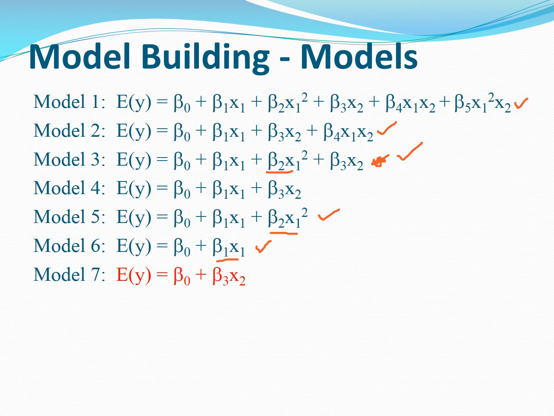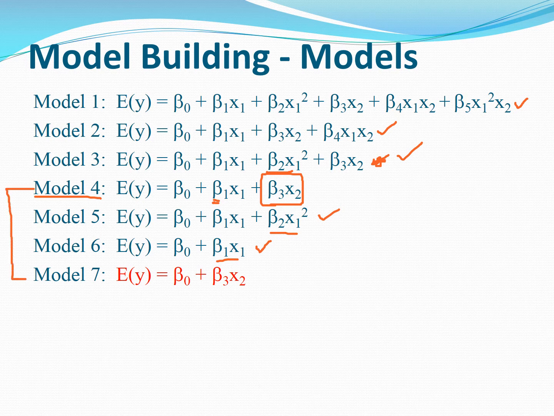The only model where we have still more testing to do is model 4. Why? Well, to get to model 4, look at the path. Go back to the game plan. You do the global F test, said something worked. You test the quadratics. To get to model 4, we failed to reject. We got rid of it. Test the interaction. We failed to reject. We get rid of it. Test the qualitative, and all of a sudden, yeah, this term here works. But what about this guy? Does that one work? We don't know,